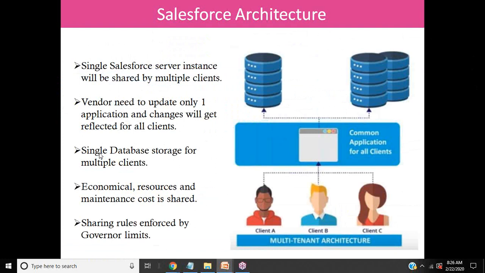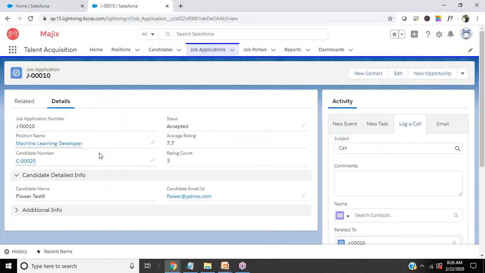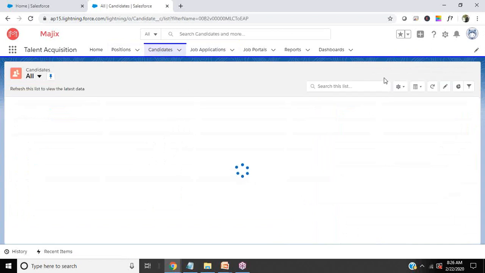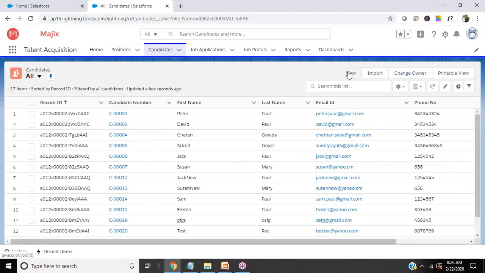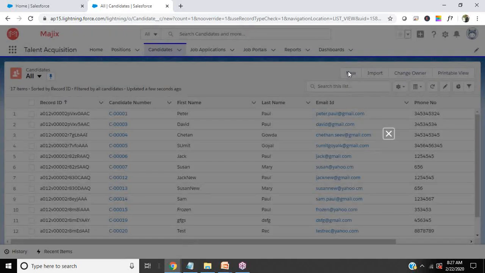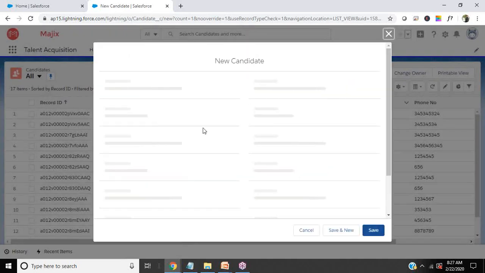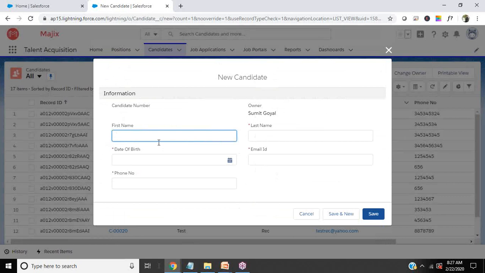Single data storage, centralized data storage basically. And as you can see here in Salesforce, I'm not working with a database, I'm not worried about where the database is. If I would like to insert data, I can quickly click on create candidate, and I can click on new, and my data gets stored, my record is created. If I just open this and add a new record, I'll just write, let's say,